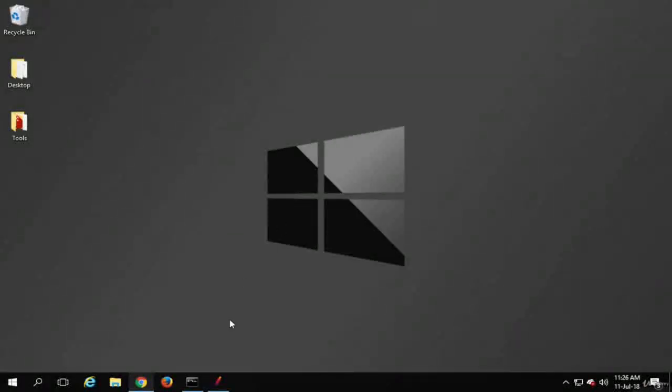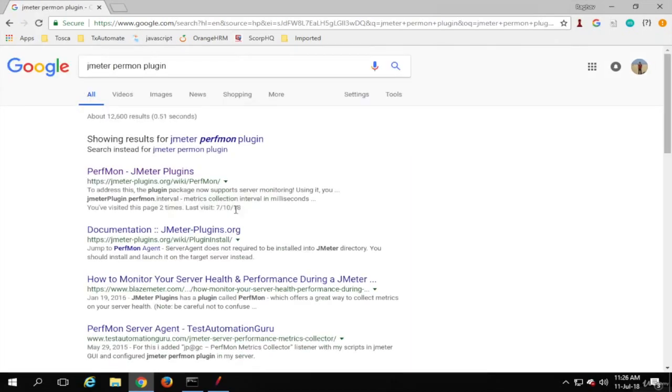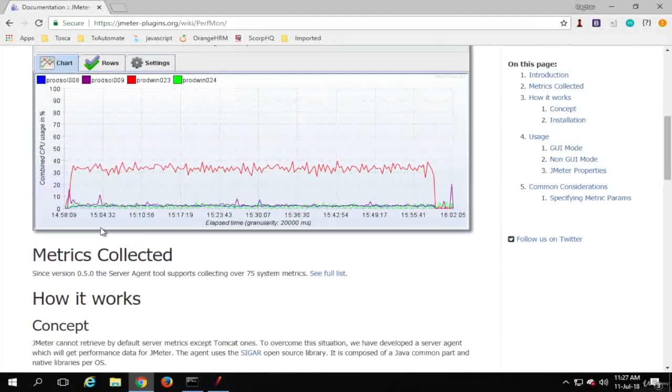So let us go to our JMeter, and let us go to our browser and search for JMeter Perfmon plugin. And here you will get this JMeter wiki page for Perfmon. Let us go here, and here you can see the JMeter wiki page for this plugin, and here you have all the information.